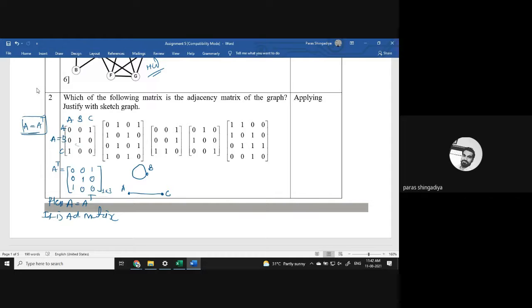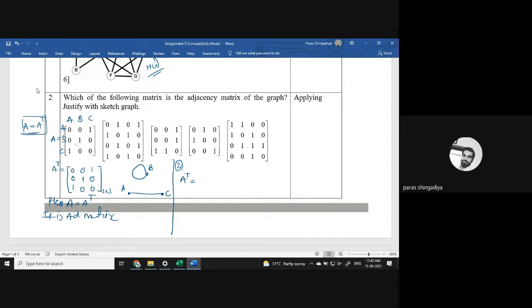Okay, 3 vertex with 2 edges, where 1 is the loop and 1 is the edge. So that is the answer for the first matrix. Clear? Now for the second matrix, first we'll verify this. Clear? So here A transpose of the second one,